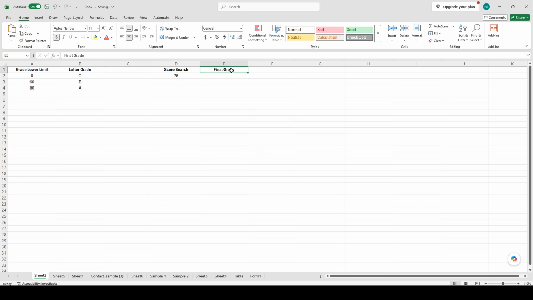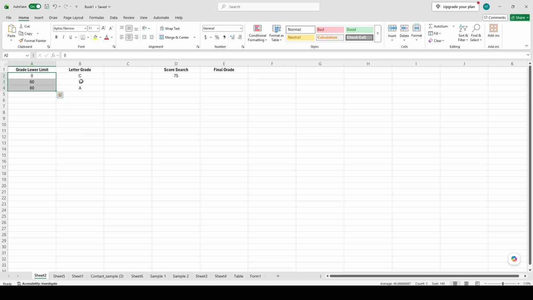Now that you have the top row labels in place, you are ready to fill in the actual grading scale below them. Now fill cells A2 to A4 with the limit numbers 0, 60, and 80 in ascending order. As you enter these numbers, keep the order exactly from smallest to largest. This order matters because lookup relies on the idea that your lookup values are arranged in a way that supports an approximate match. In other words, the function will work best when these lower limits increase as you go down